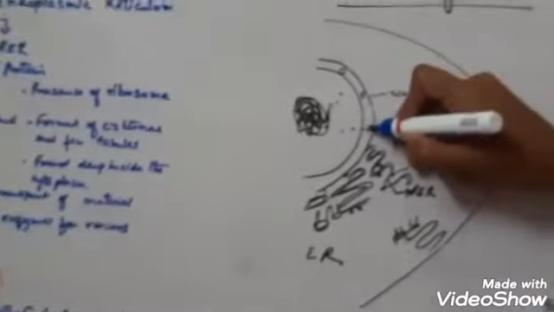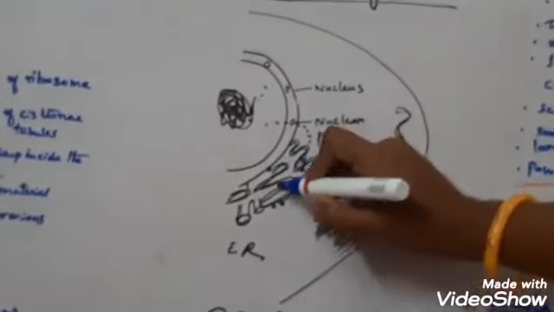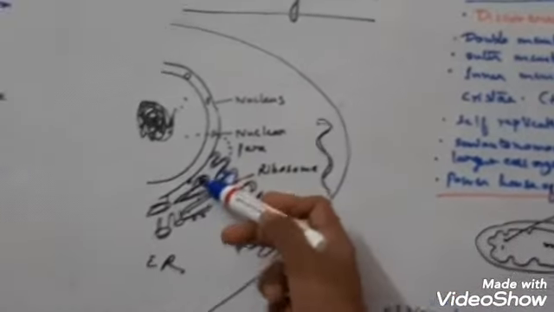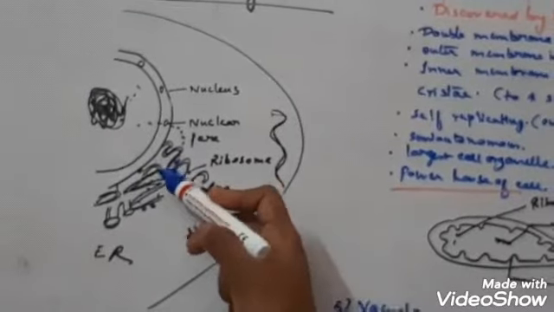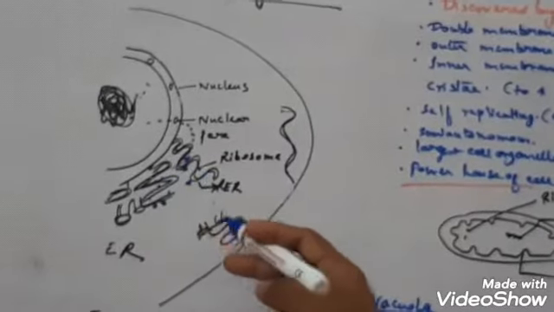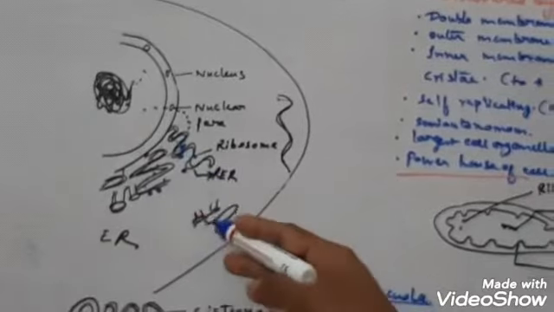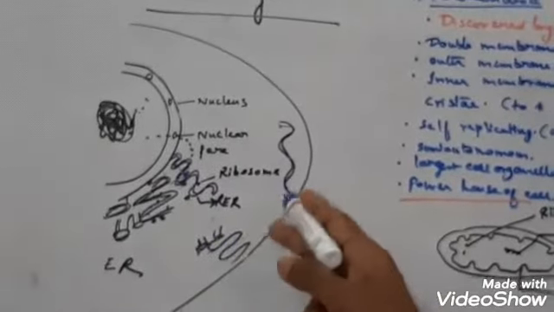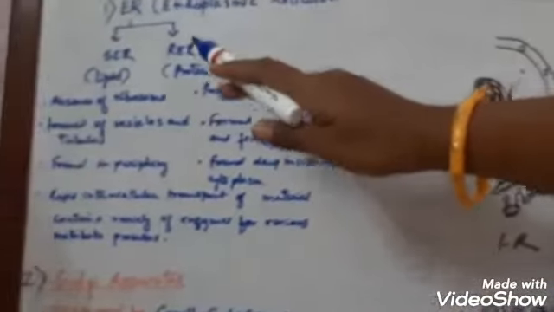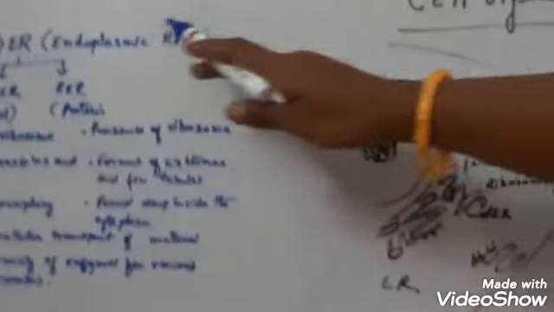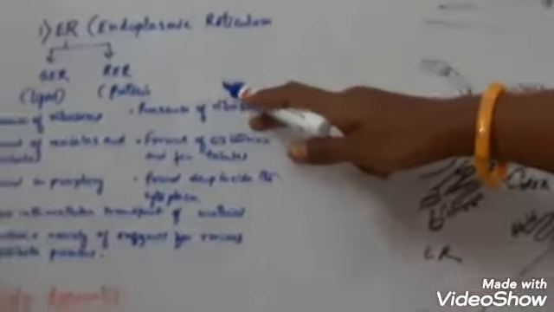in the nucleolus, pass through the pores, come out and get stuck over the endoplasmic reticulum. Those endoplasmic reticulum which are stuck by the ribosomes are called RER, while the endoplasmic reticulum located far away from the nuclear membrane, near the periphery of the cell or near the plasma membrane, are called SER. So SER are those endoplasmic reticulum where ribosomes are absent, while RER are those where we can find ribosomes stuck to it.